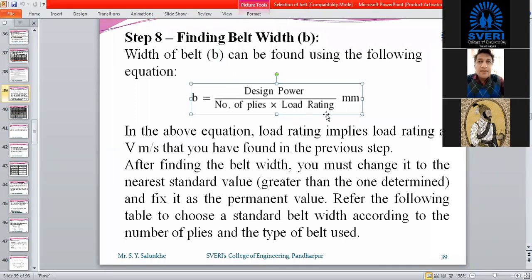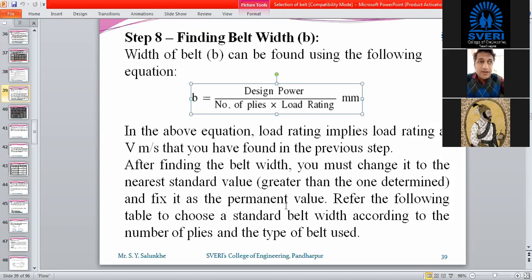These two values, number of plies and load rating, we have come to know up to step number 7. Design power also we have calculated in the previous step. So easily you can calculate the width of that belt. Once you calculate that width of belt, the load rating, all that is fixed.